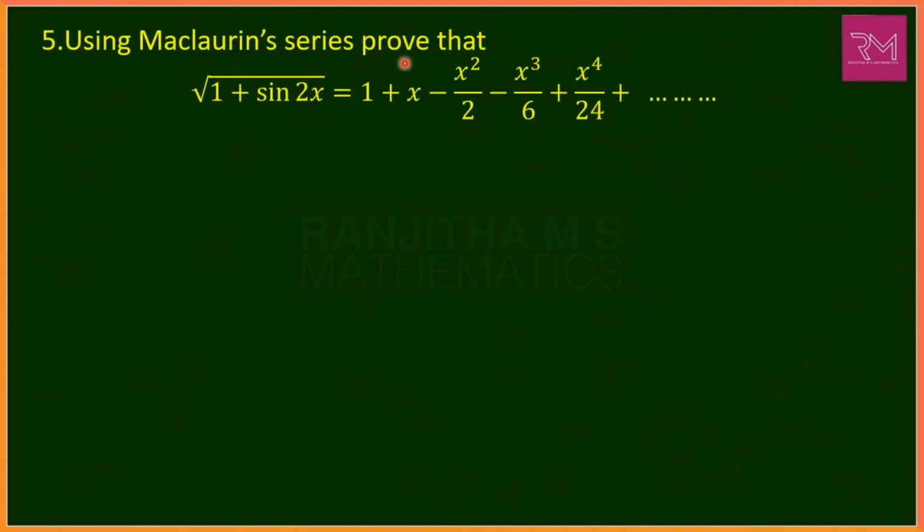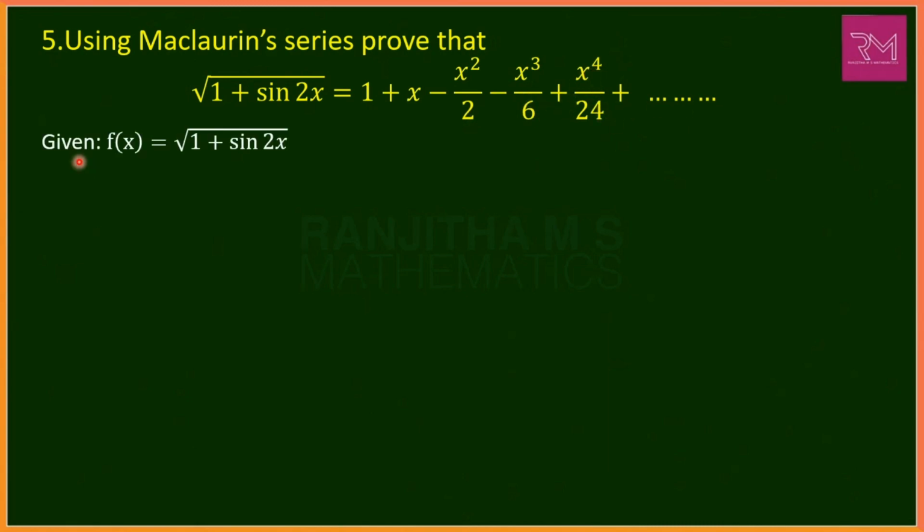Using Maclaurin series, prove that root of 1 plus sin 2x is equal to 1 plus x minus x square by 2 minus x cube by 6 plus x power 4 by 24 plus and so on. Here we have to prove that for the function root of 1 plus sine 2x, the value is obtained as 1 plus x minus x square by 2 minus x cube by 6 plus x power 4 by 24 plus